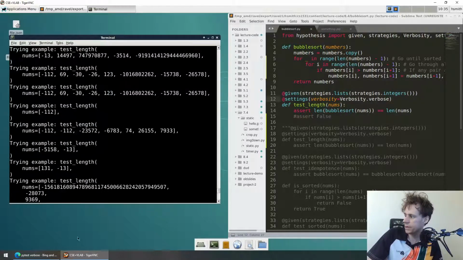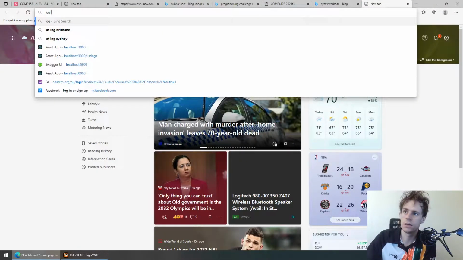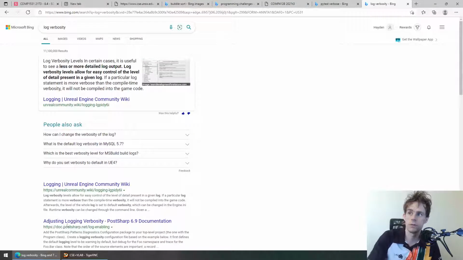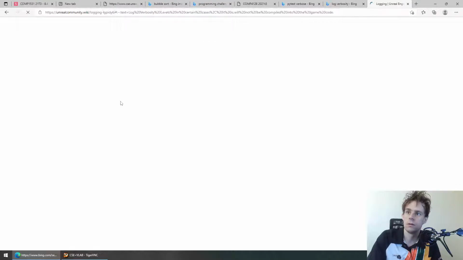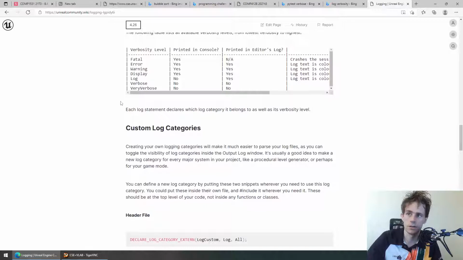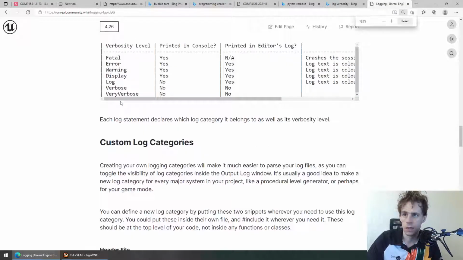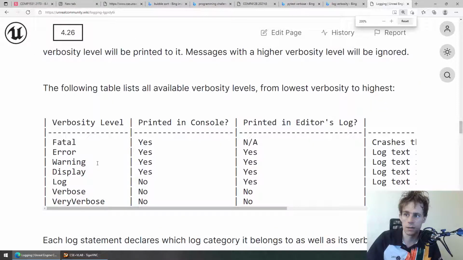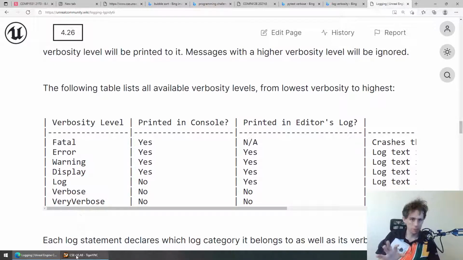Now, just on the topic of verbosity, sometimes you might call this log verbosity. You will see a pretty standard list of things. I've just gone to the first one I find on the internet because you tend to see something like this. Sometimes it'll be a bit different, and there's some here that are missing that I'm used to and some I don't see, but typically in any